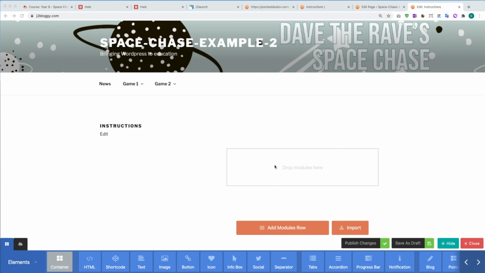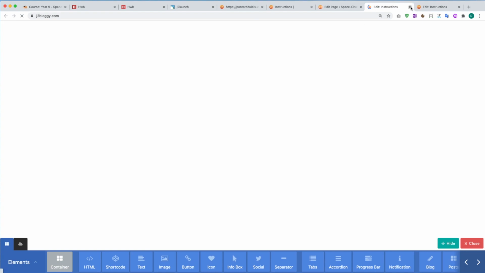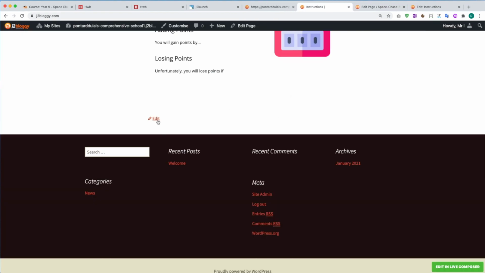Okay, so back to this development. Now you'll notice I have a thing here that says drop modules here. Okay, and if I just go back into my other example, in fact, wrong one, sorry. If I go into the other example over here,